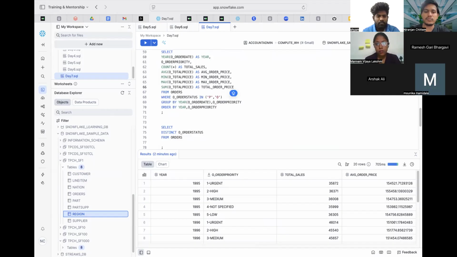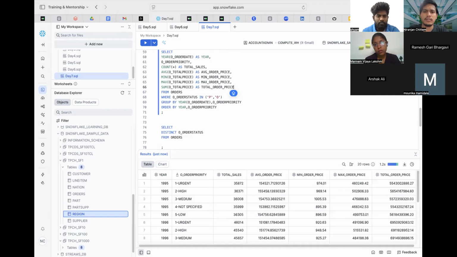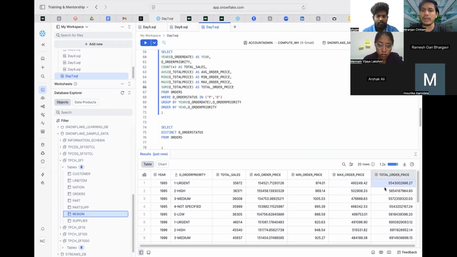order price. So, if I execute this one, simply you could see what is the minimum order? It's 974 they're having. What is the maximum order? Like 4,60,000 for the urgent. And then what is the total order price? Oh, that's huge. That's in crores, right? I just divide it by